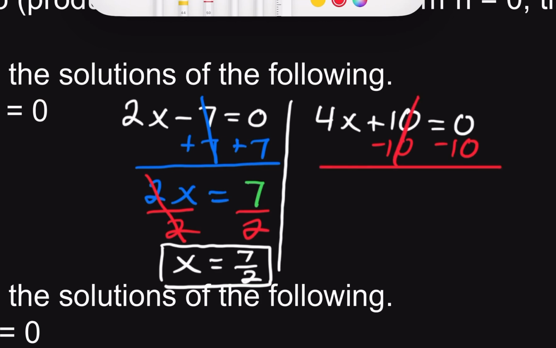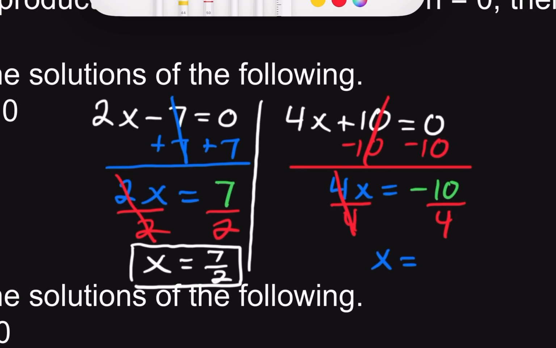The 10s cancel each other out. So we're left with 4x equals negative 10. 0 minus 10 is negative 10. To get x by itself, I need to divide both sides by 4. So let's divide both sides by 4. The 4s simplify each other out. So we have x, which is equal to,